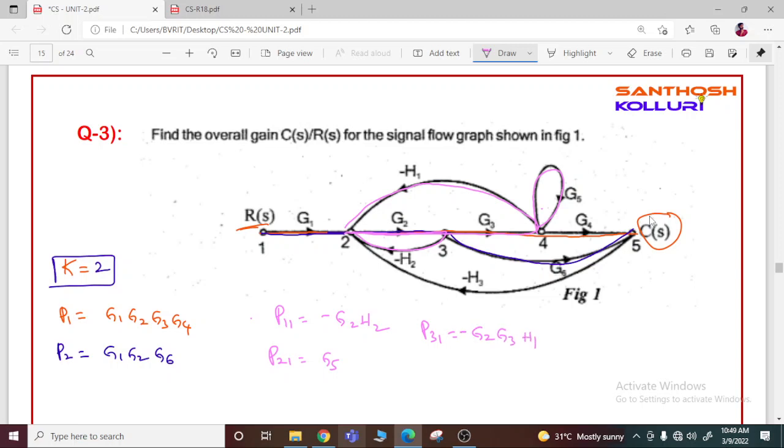So there is a negative sign, and the fourth is there here, this one, P41 is equal to minus G2, G3, G4 into H3,